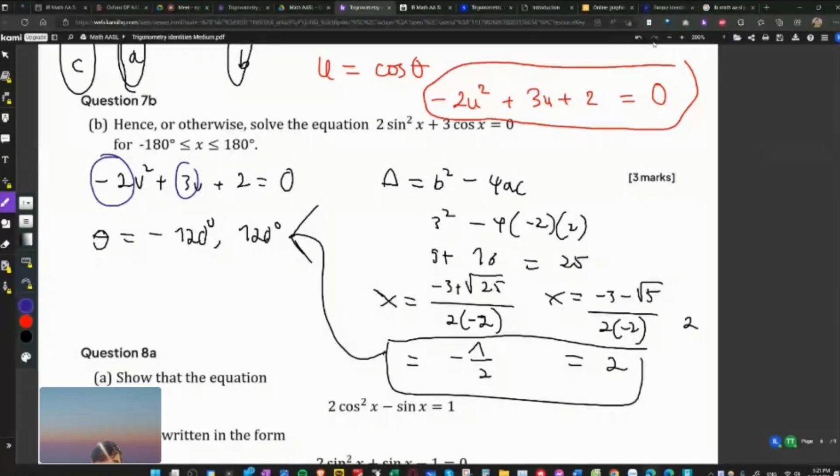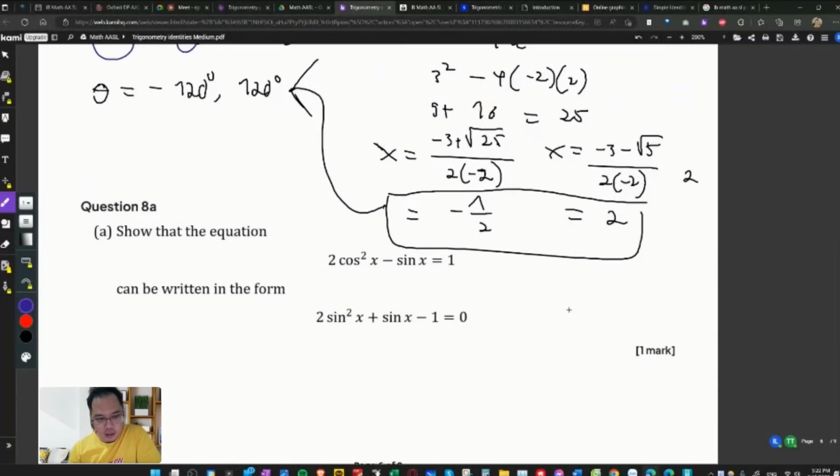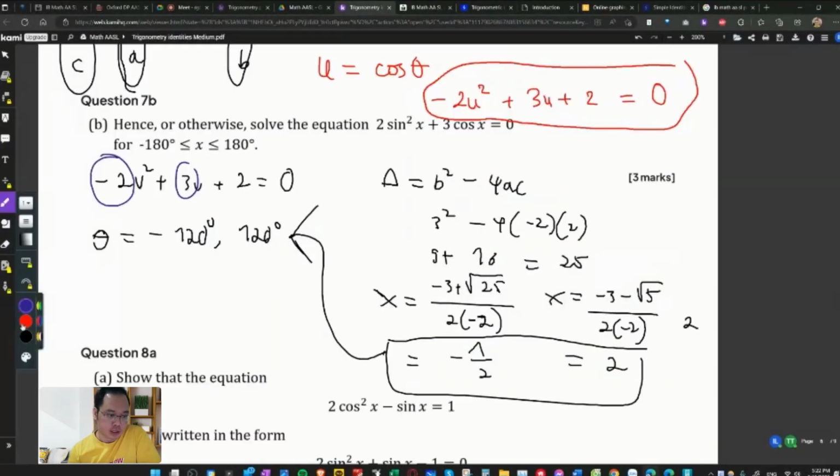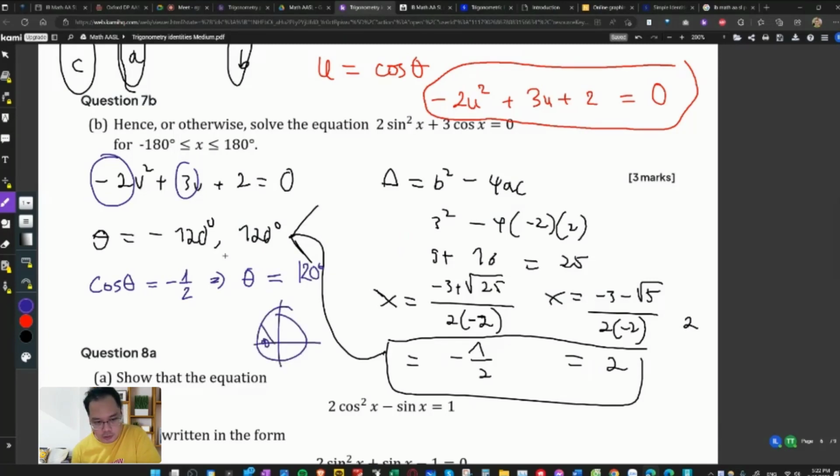I would assume question 8 is also pretty similar to question 7A, right? Yes, you're right. Let's see if we need to solve. Yeah, you need to write 2 more steps. The cosine theta equal to -1/2, giving the value of theta to be 120 degrees. Cosine -1/2. Yeah, here, this position. Yeah, 120 degrees, and